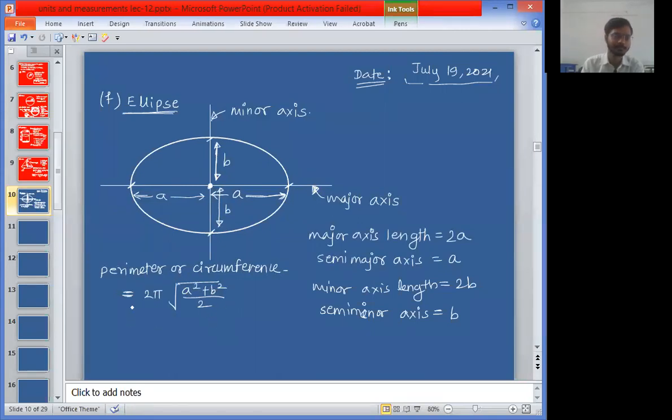Okay, sir, no problem. Next formula is for the area of the ellipse. Just like the area of the circle, we want to find the area of the ellipse. So this entire area, what will be the formula? We have to remember that formula. The formula is pi AB. Pi AB. For circle it is pi r square. For ellipse the formula is pi AB. Up to this, reply me in the chat box written W, so that I can move on to the next shape.